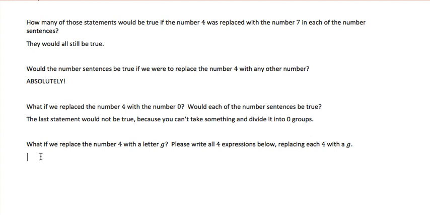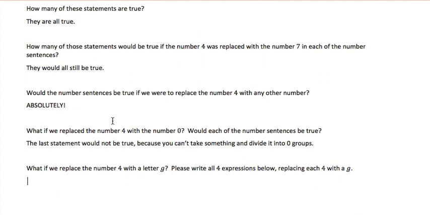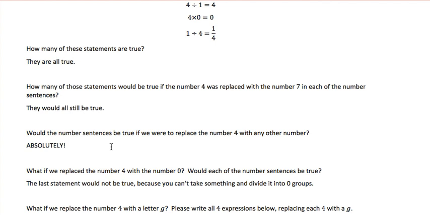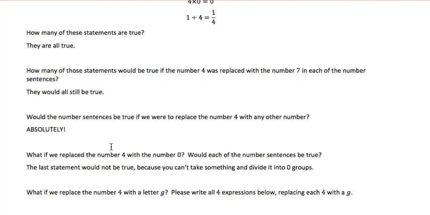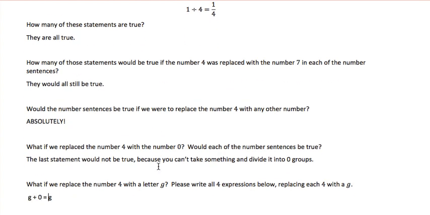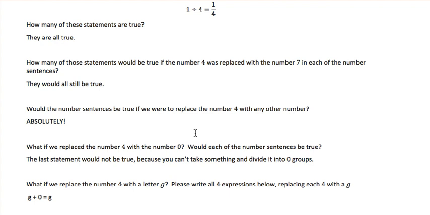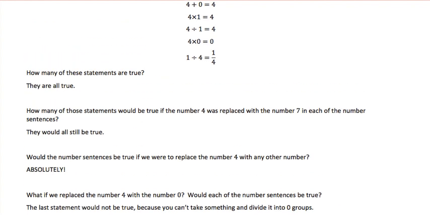If we replace the number 4 with a letter G, we're going to write the first 4 expressions anyway, replacing 4 with G. So we would have G plus 0 equals G. Then we would have G times 1 equals G. Then we have G divided by 1